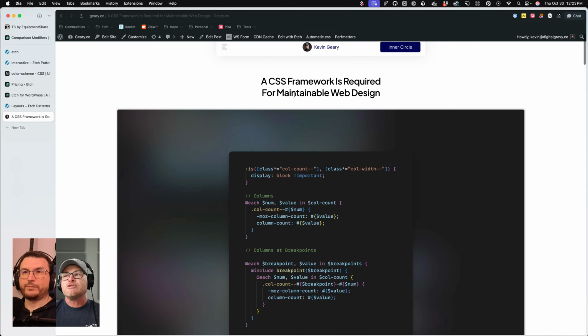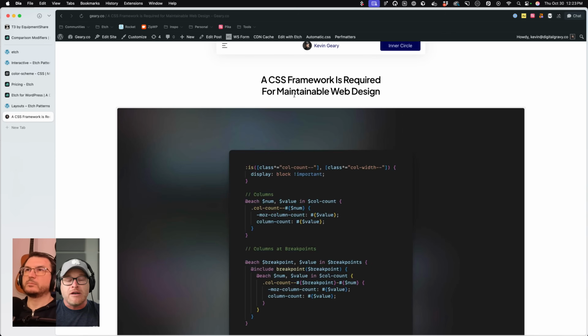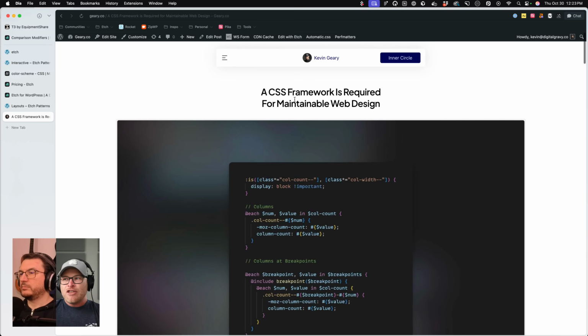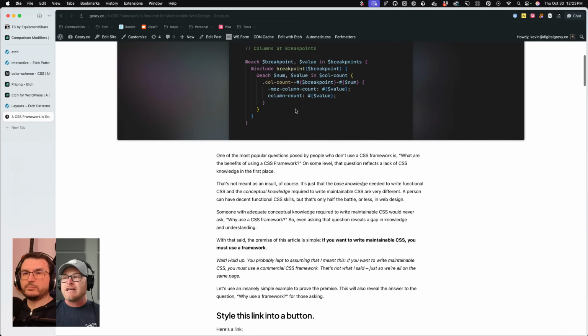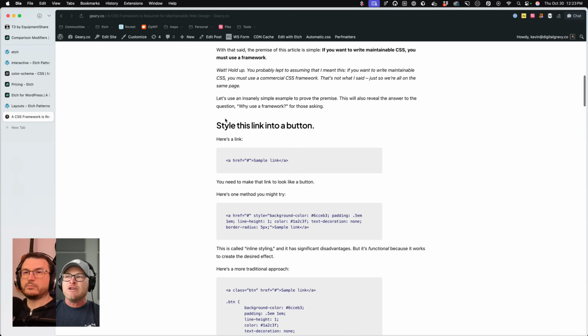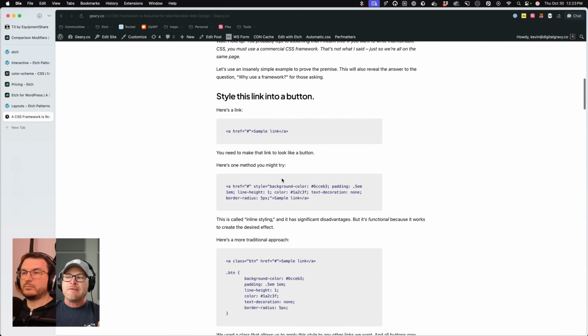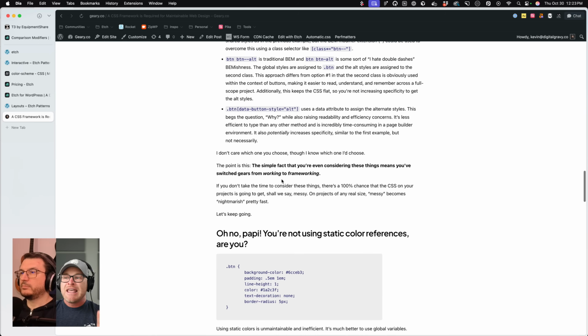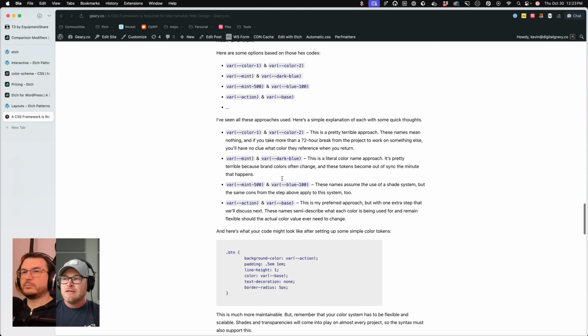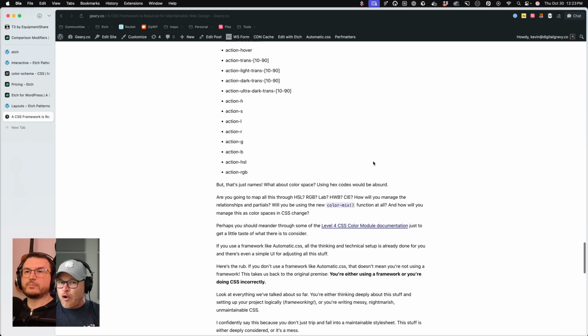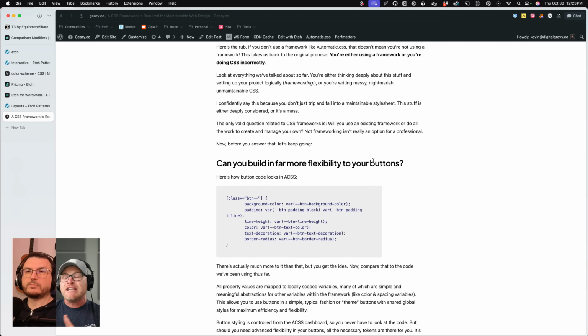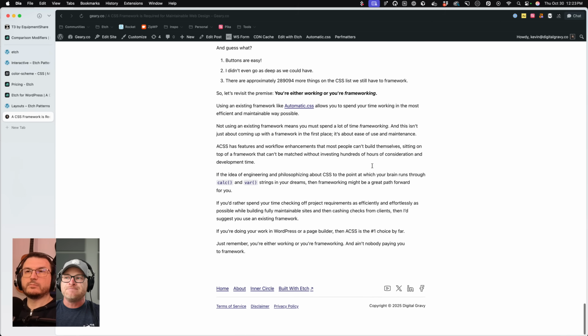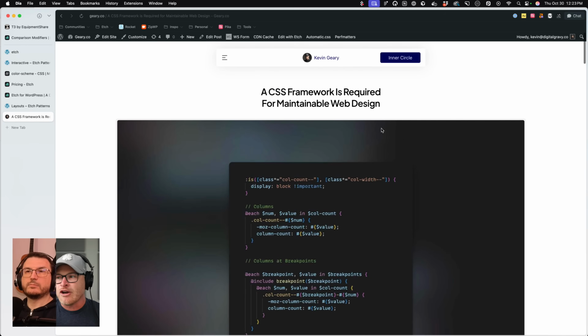Even if you're the kind of person who's like, well, I could just make my own framework. Good, great, you're right. That's still a framework, isn't it? The idea that you are going to fire up a new project, and I go into detail, I'm using the example of a simple button. This is a very philosophical and highly informative article that has literally nothing to do with Automatic CSS, right? You should absolutely go read it.